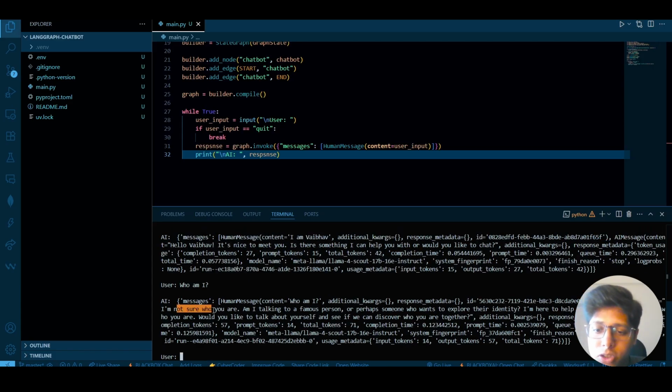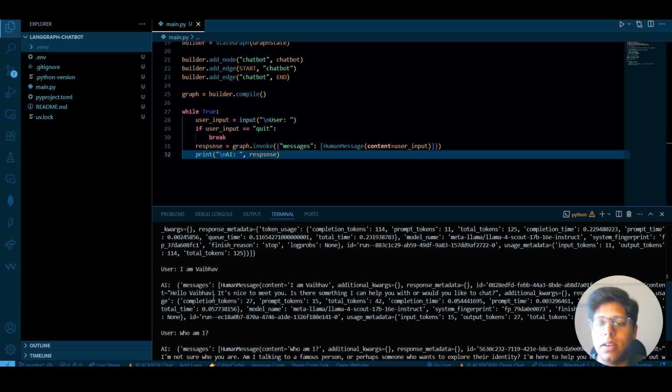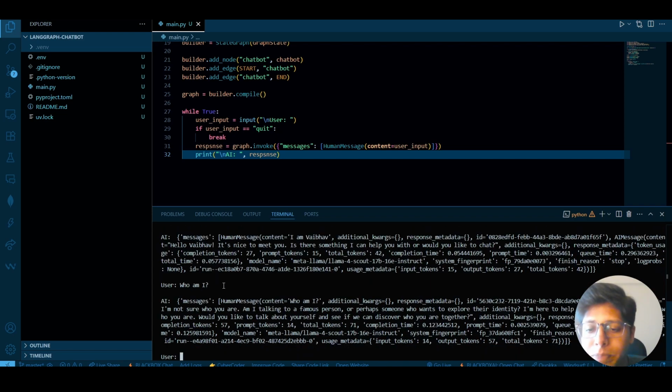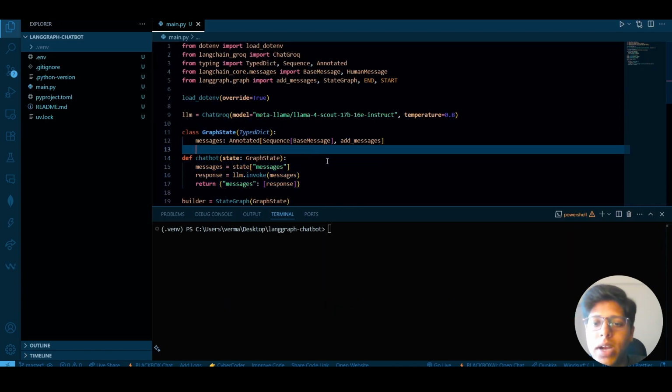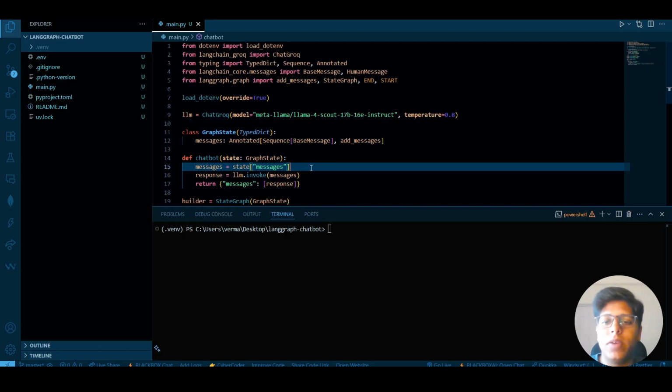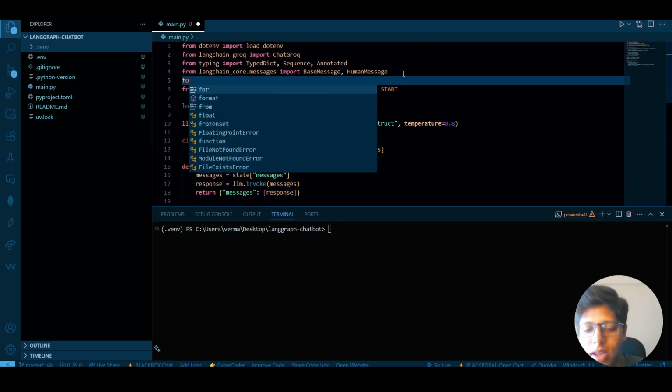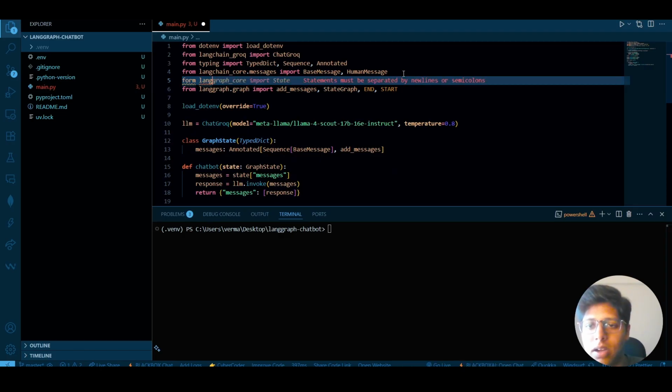It says, I'm not sure who you are. So why is this happening? I just told my AI that my name is WebHub, but it still refuses to recognize me. So why does this happen? It happens because whenever we end our conversation and rerun our graph, it does not have any context from the previous inputs. So to fix this, what we can do is we can have something called from LangGraph